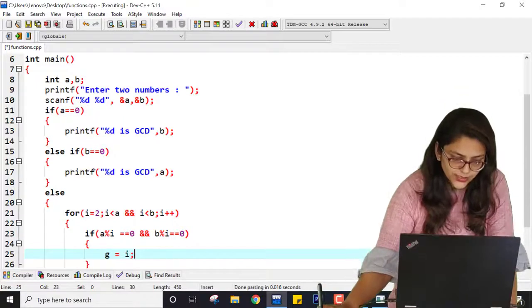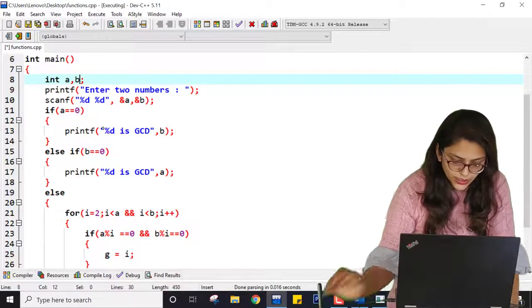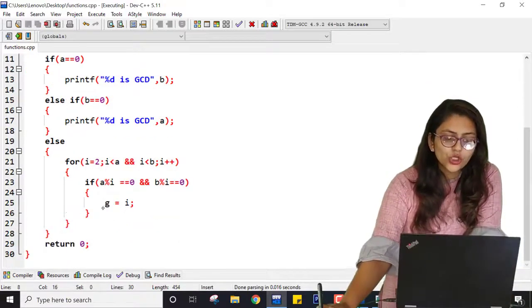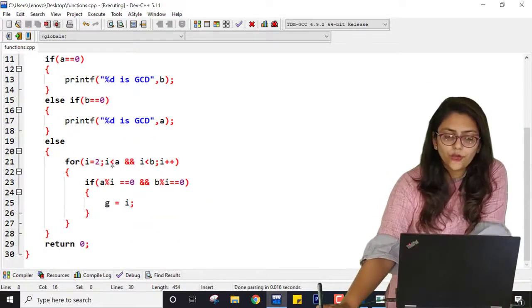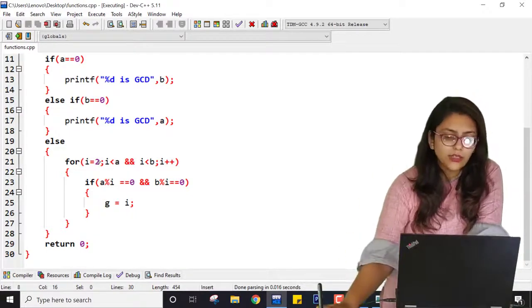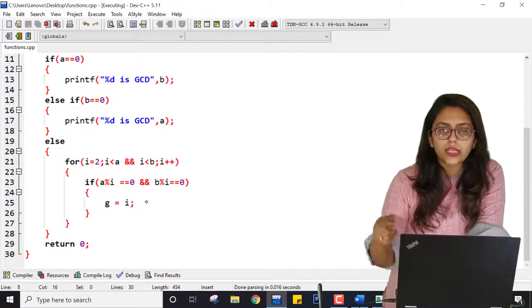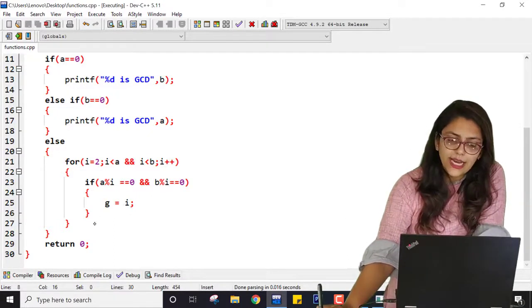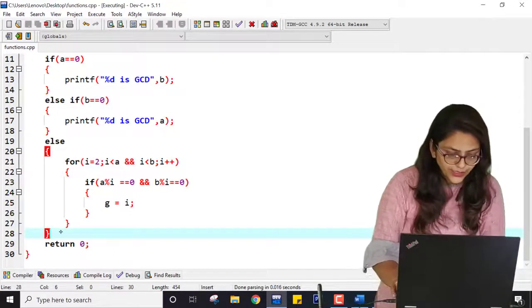G means GCD. So I have to declare G and i over here. It will first check for 2. If 2 can divide both of the numbers, then it will assign 2. Then it will go for 3, 4 and 5, up to the numbers which are less than A and B.